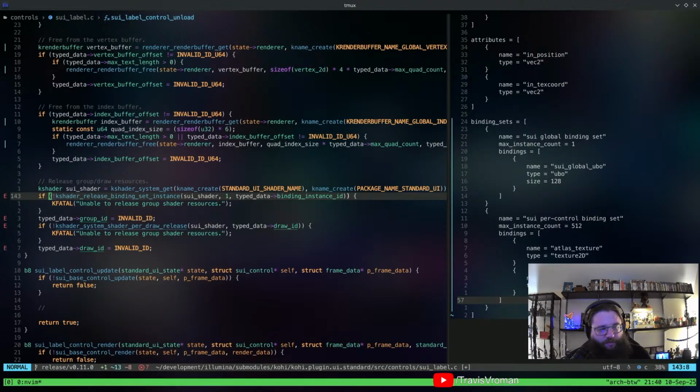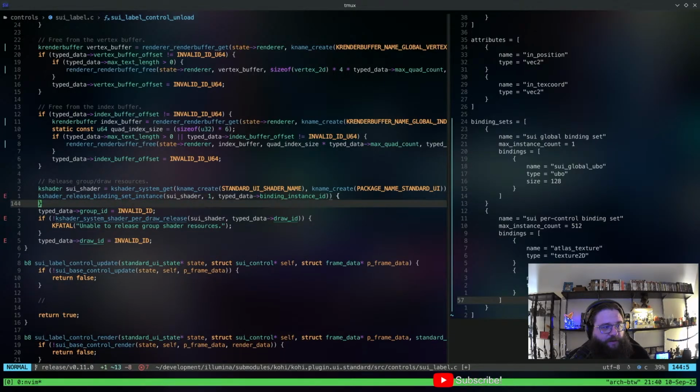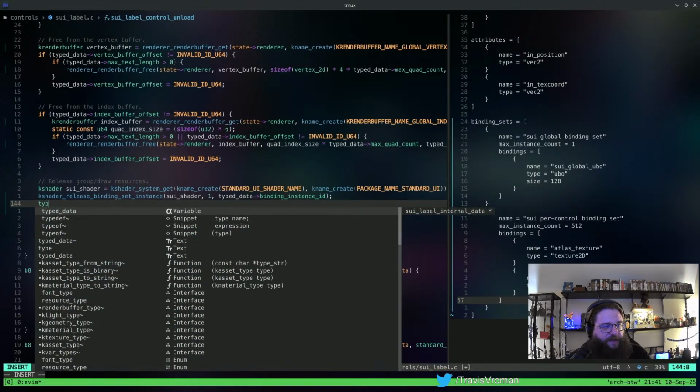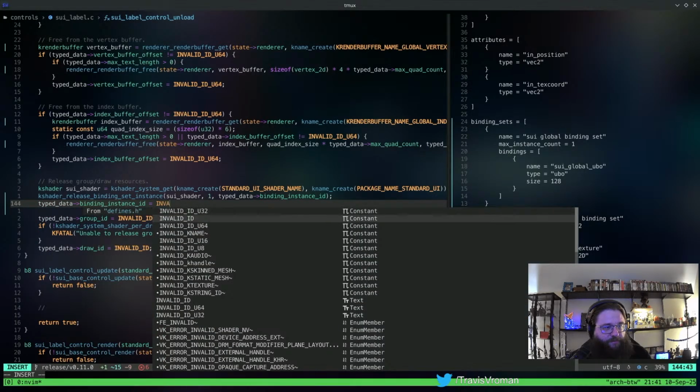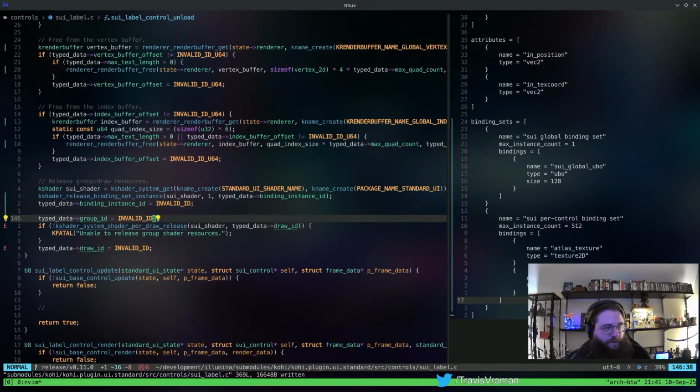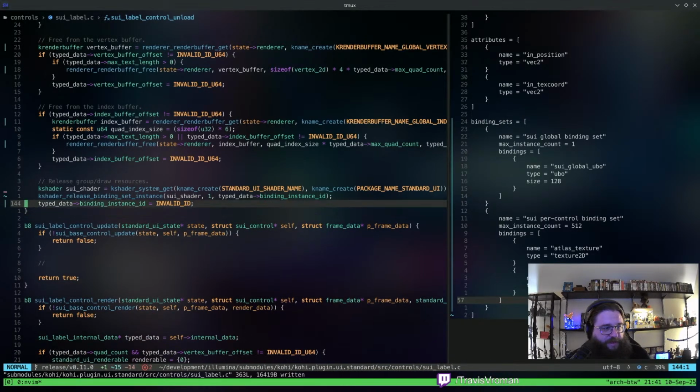And then we don't bother to check this anymore. This is just a return type of void, so we don't actually need any of that. So all we need to do is then we'll just do typed data binding instance ID equals invalid ID, right? And then we can get rid of all this group ID, draw ID stuff. Don't need that stuff anymore, right?